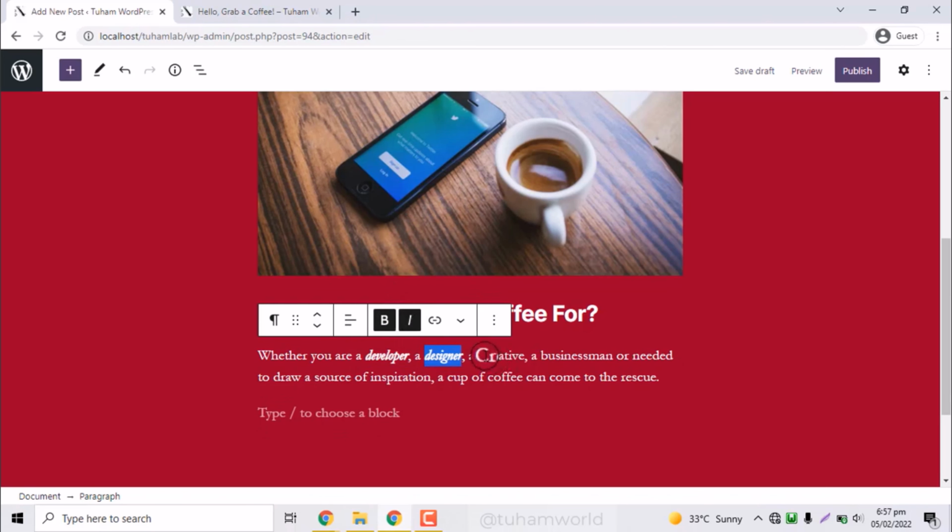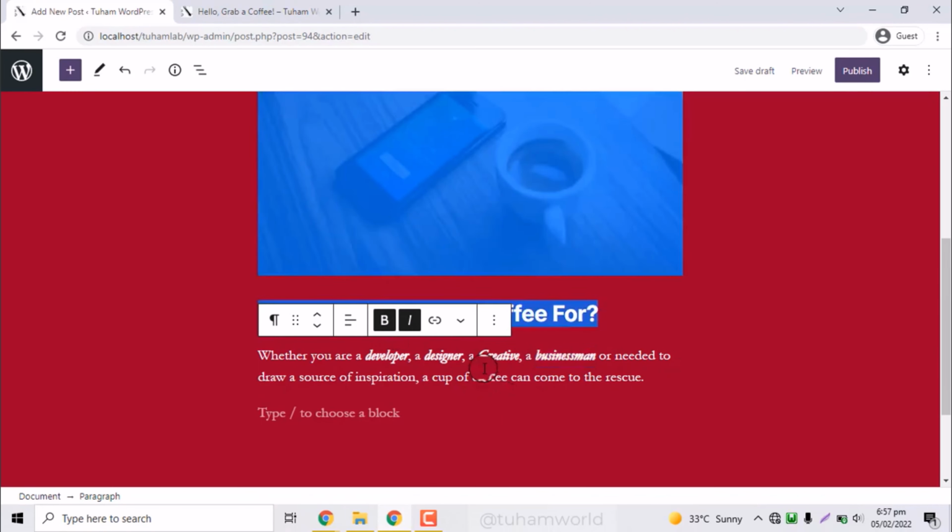So here I want to do it for a developer, a designer, a creative, and a businessman. So that's what I want to lay an emphasis on. So once I've done that,